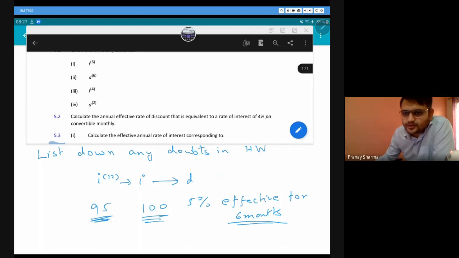And while calculating present value from future value, why were we calculating only for 1 month? We are not calculating only for 1 month. It is just effective for 6 months. So only one time period, because they want it easier for you to calculate. That is why they will always give you effective rate for whatever time period our whole bond is.